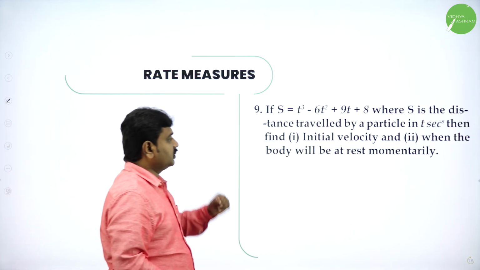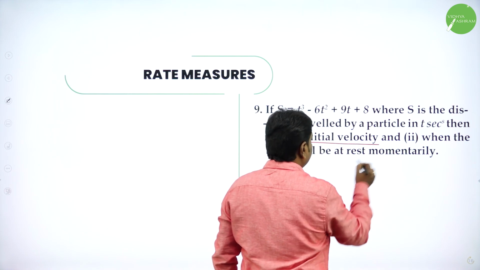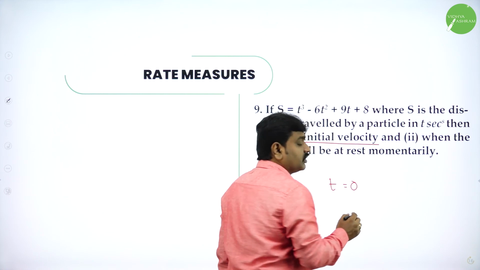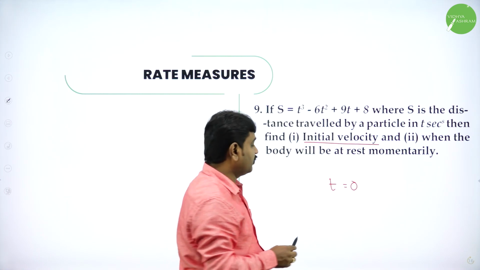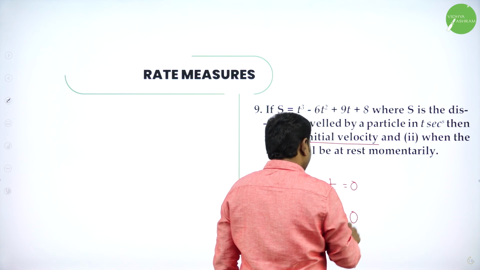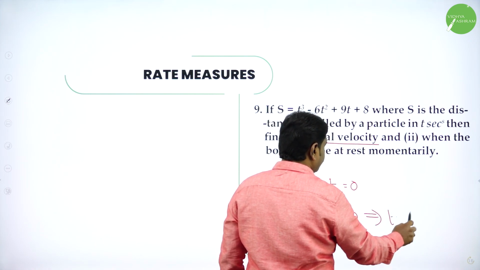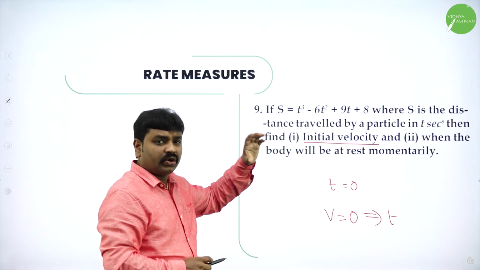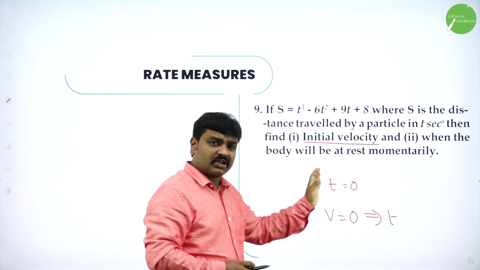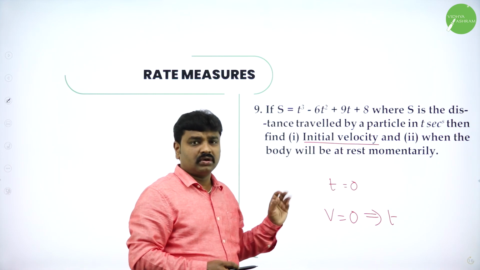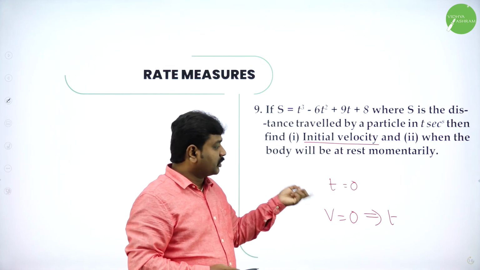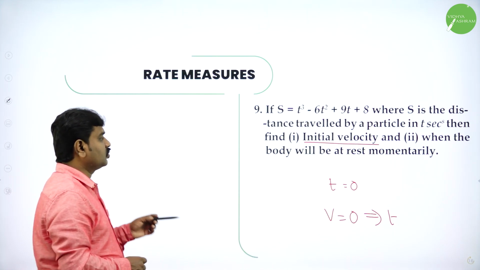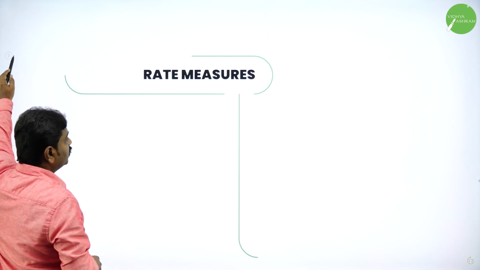Now 9th question. They want initial velocity. All of you know initial velocity means put time 0. And they want when the body will come to rest. See, when the body will come to rest means final velocity v should equate to 0. So find velocity, equate it to 0 and solve for t. So now I give the hints for 9th one. S is given. Differentiate both sides. You will get dv by dt. Initial means after you find v, in the place of t put 0. And after you find v equal to 0, solve for t. That is body at rest. So these are the two important questions you can solve.